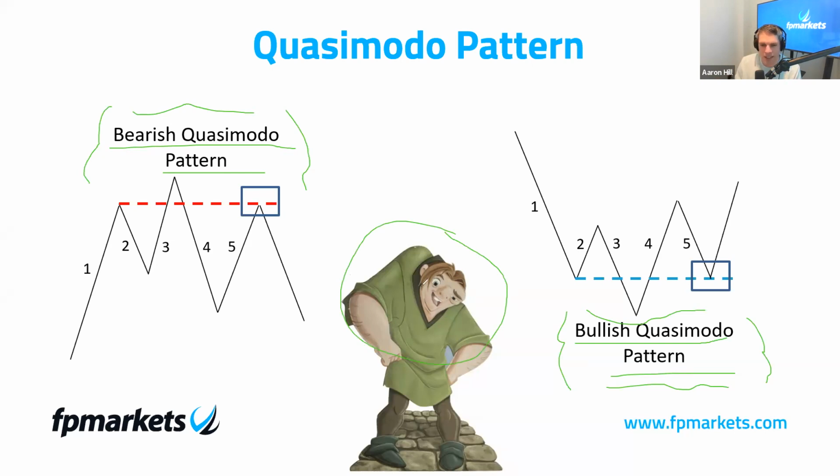This is the fictional character Quasimodo, from the novel, I think, The Hunchback of Notre Dame. I guess you can see some similarities with his hunchback there, and this is the head and the right shoulder. I'm not totally sure, but I always do call it a Quasimodo pattern because I'm just so used to it now. But for me, really, all this is a fake out pattern.